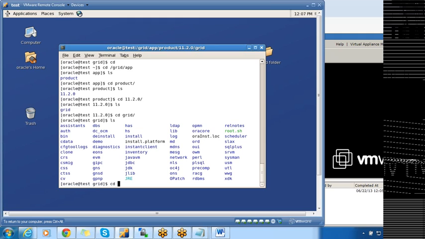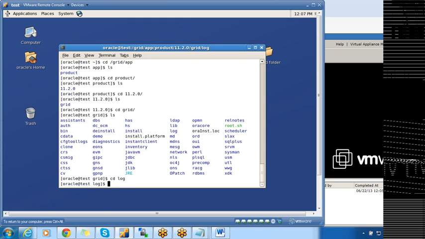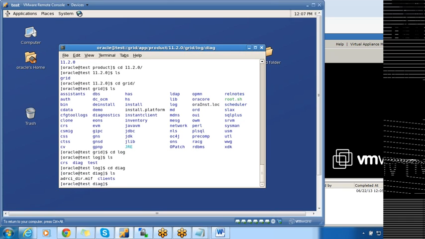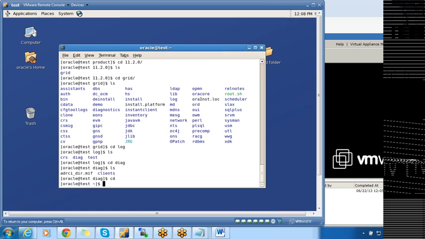Something I'm missing here. No, it's not log. Yeah, diag.